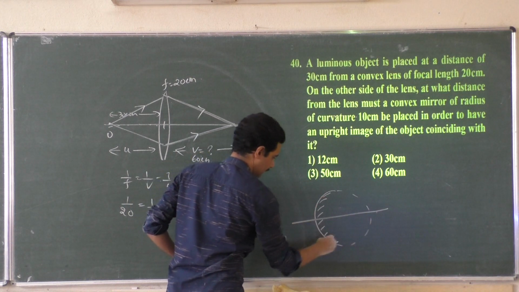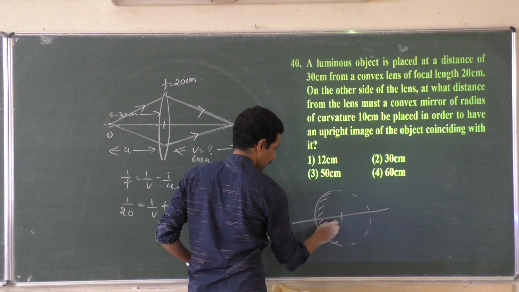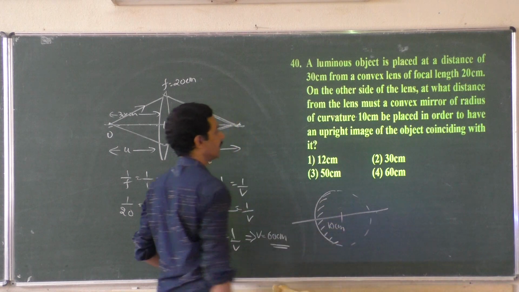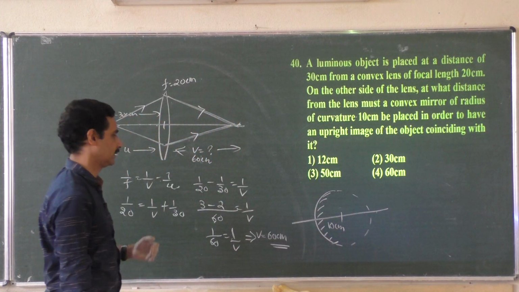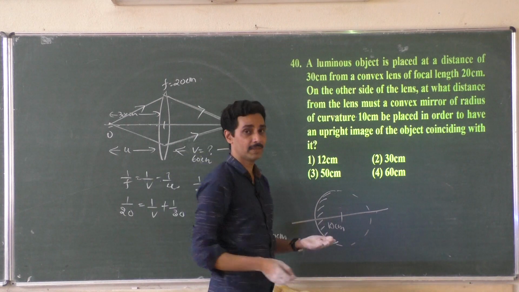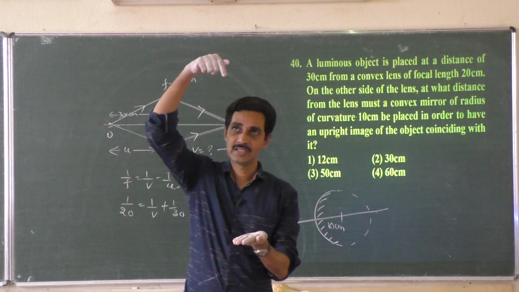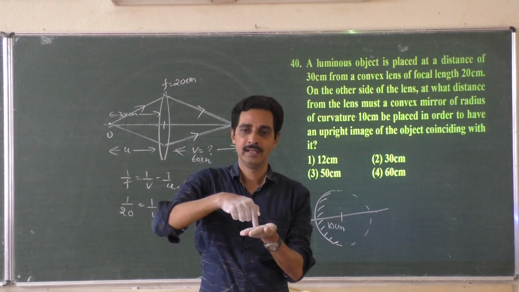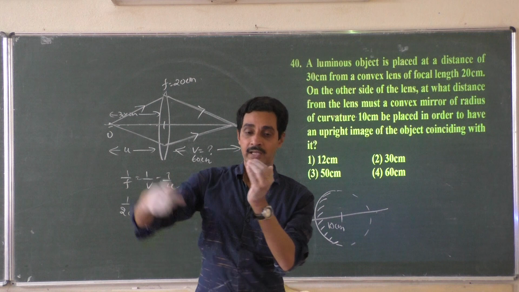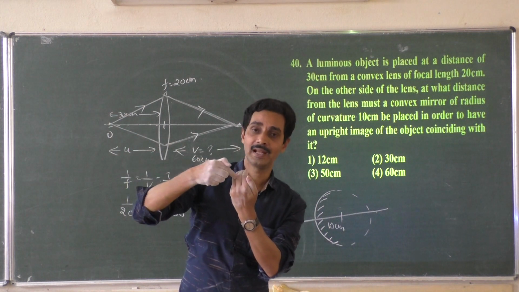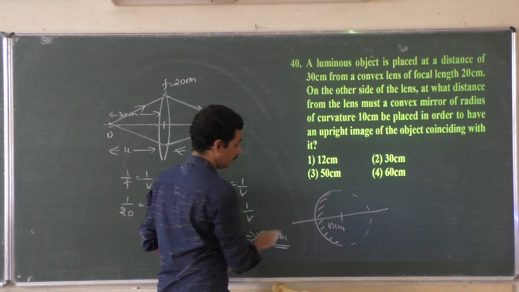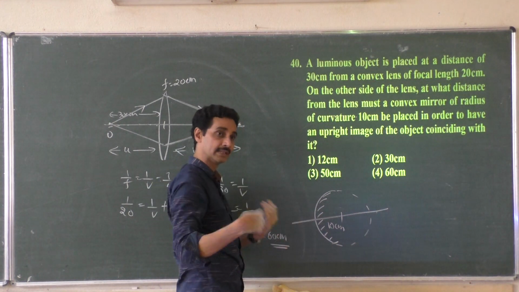the convex mirror center, this is 20 centimeter, right? A convex mirror of radius of curvature 20 centimeter. The meaning is, if you put a ray of light, what do you mean by normal incidence for a mirror? A light which is incident normally at 90 degrees. That is for a plane mirror. How to put a ray of light normally on a curved mirror? Your ray of light should fall on the mirror in such a direction that it is towards the center. Any line drawn along the radial vector is a normal.